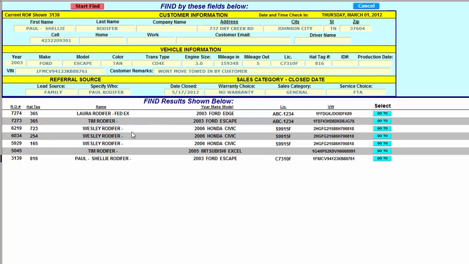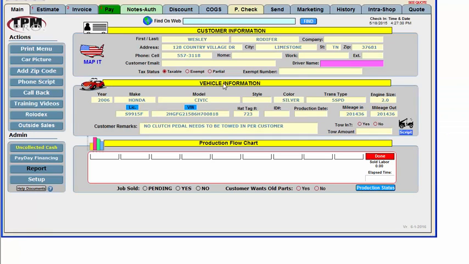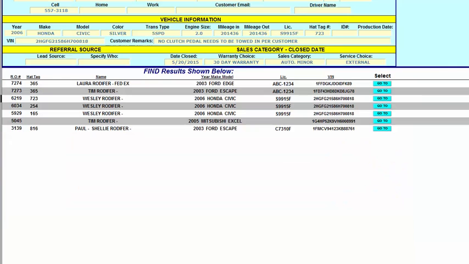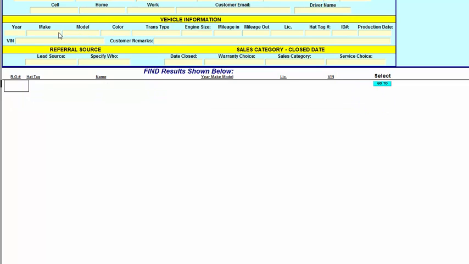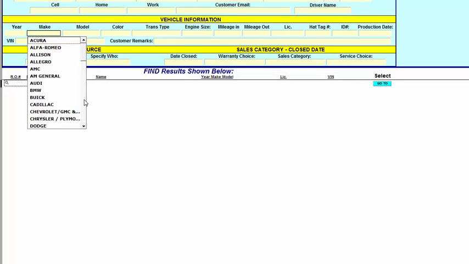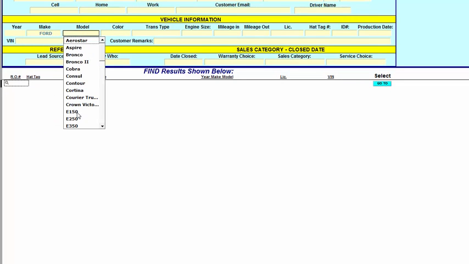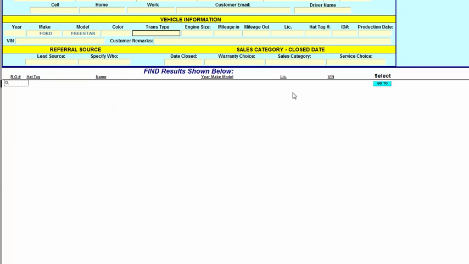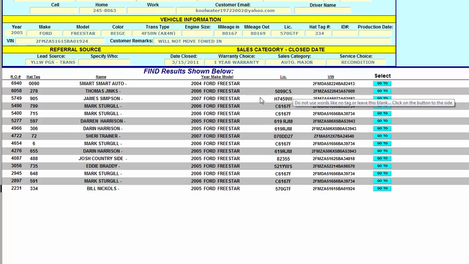And how do you select this invoice? I would select this customer right here. I just click on the screen and it actually takes me to just that one invoice. Now if I go back to this Find mode, which is this green button up at the top, and I want to search by a vehicle type, let's say I want to search by a Ford Freestar, and I hit enter a couple times,